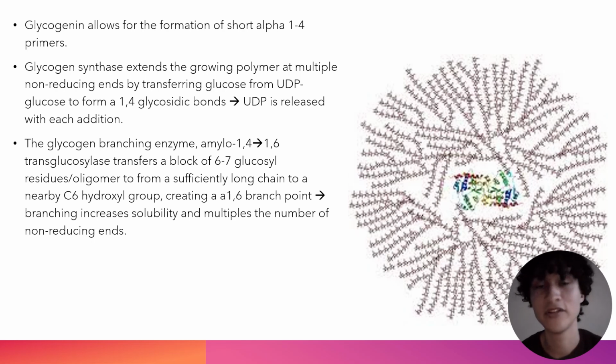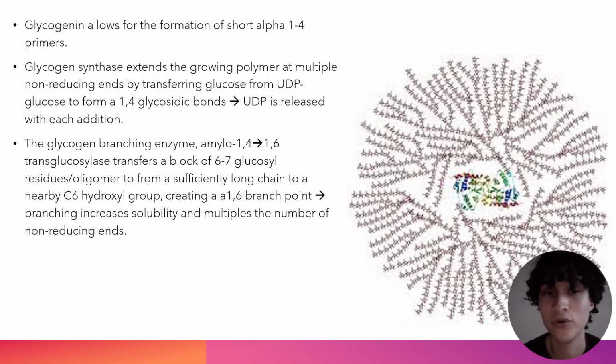So it allows for more monomeric subunits of glucose to essentially be put onto this large glycogen polymer. It's a really important process, and that glycogenin remains in the center, okay, because that glycogenin is integral in starting off this process of glycogenesis. But the formation of those first few primers isn't enzymatically controlled. It happens because of the chemical nature of tyrosine. That hydroxyl group in the phenyl ring is a really good nucleophile, and it allows for that autoglycosylation. And then once the branch gets sufficiently long, that's when glycogen synthase is able to directly extend that growing polymer,